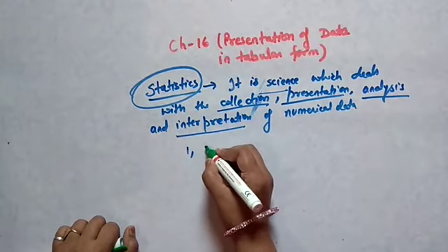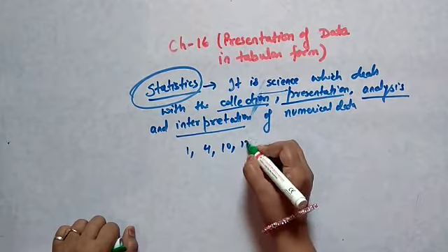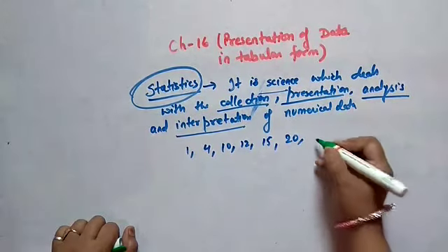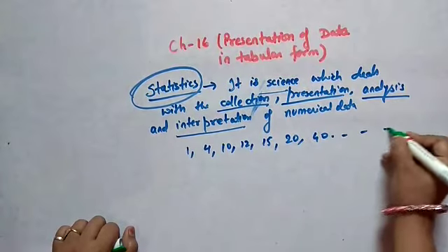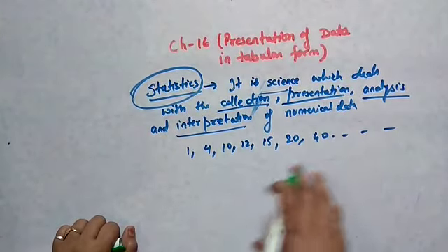अच्छा 1 आया है, कुछ 4 आया है, रोल नंबर 3 को 10 आया है, रोल नंबर 4 को 12 आया है, देन 15 आया है, देन सडनली किसी को 20 आया है, फिर 40 आया है. So I'm writing the marks like this. Then I will present it in proper manner.